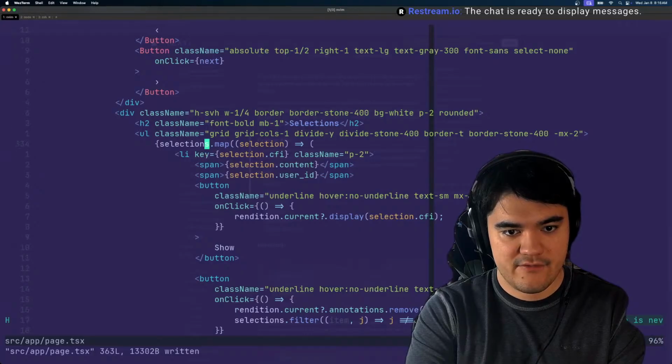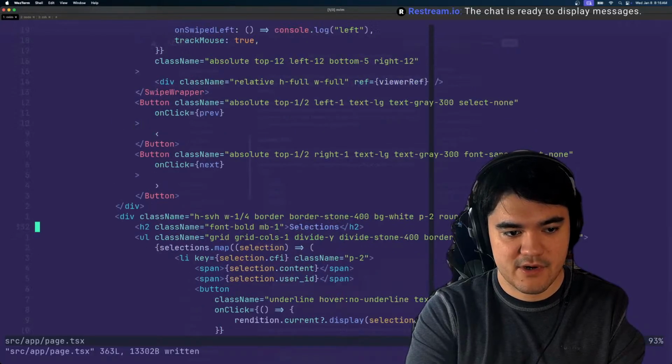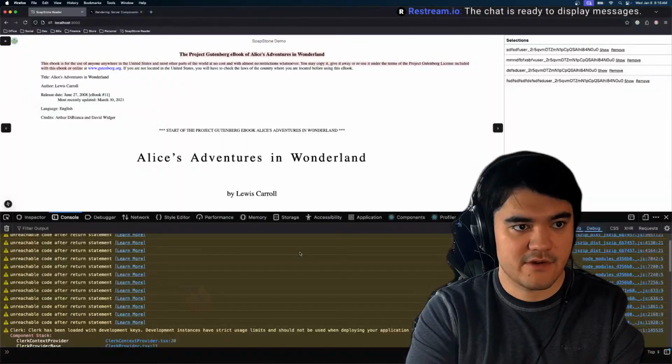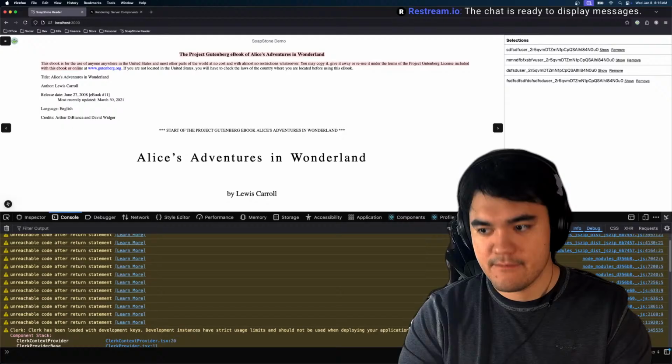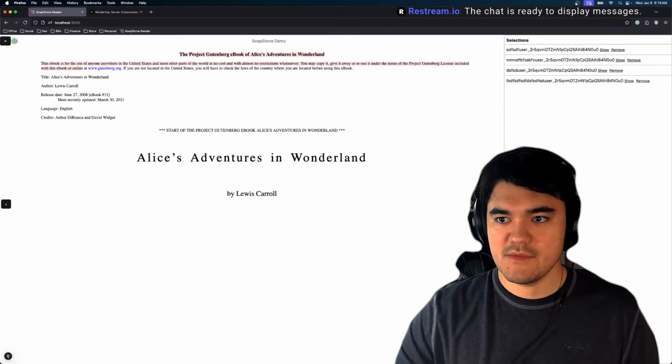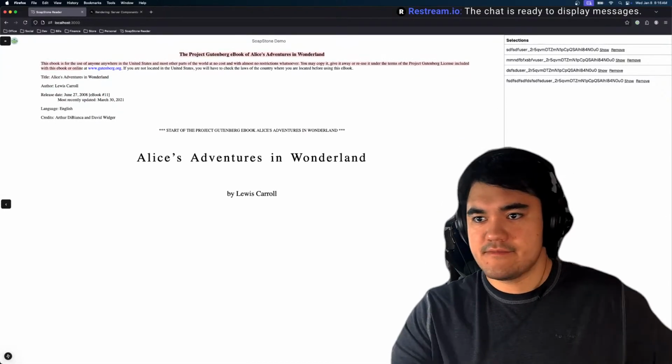So I have my selections bar right now being rendered on the right of all the different posts people have made in this thing.